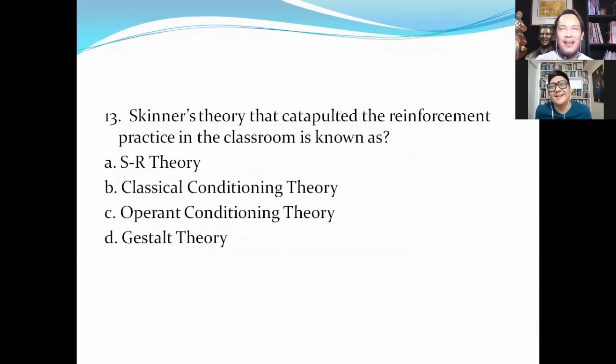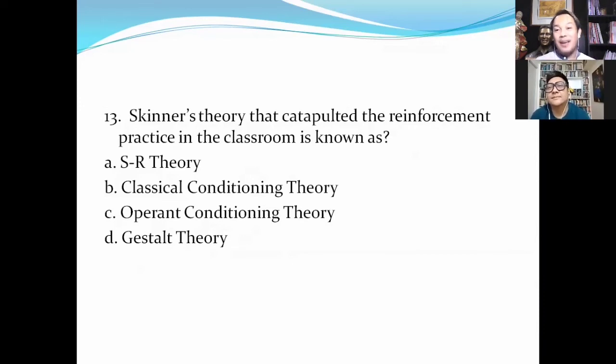Okay. Si B.F. Skinner, siya yung the expert regarding reinforcement. Operant conditioning theory. Whenever you talk about reinforcement, that is part of the operant conditioning theory. Ang pinagmulan nito, yung mas matandang theory, is the classical conditioning theory. Ito yung ginamit yung dog salivation ni Ivan Pavlov. Ayun, Pavlov. So, ang SR theory naman, ito yung tatay ng lahat ng mga learning theories.